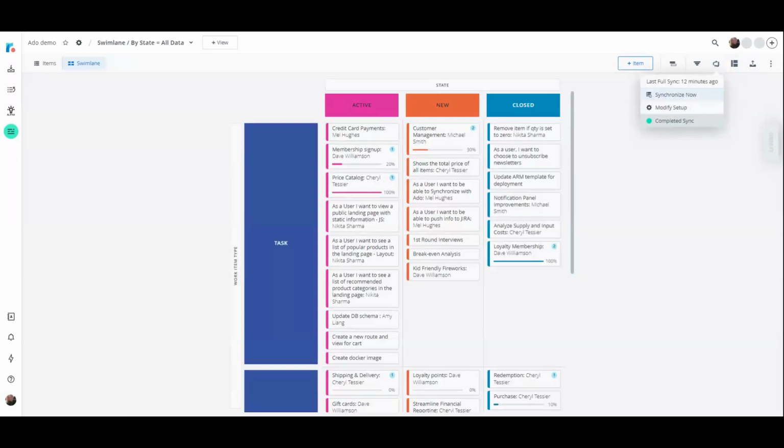All right. Now, if you have a one-way sync, that means Azure is the source of truth, and you have to make all of your changes within Azure and push them back to Roadmunk. So there's a couple easy ways you can do this. Okay, so to give an example of this, let's take price catalog, okay? It's 100% done, so that should be